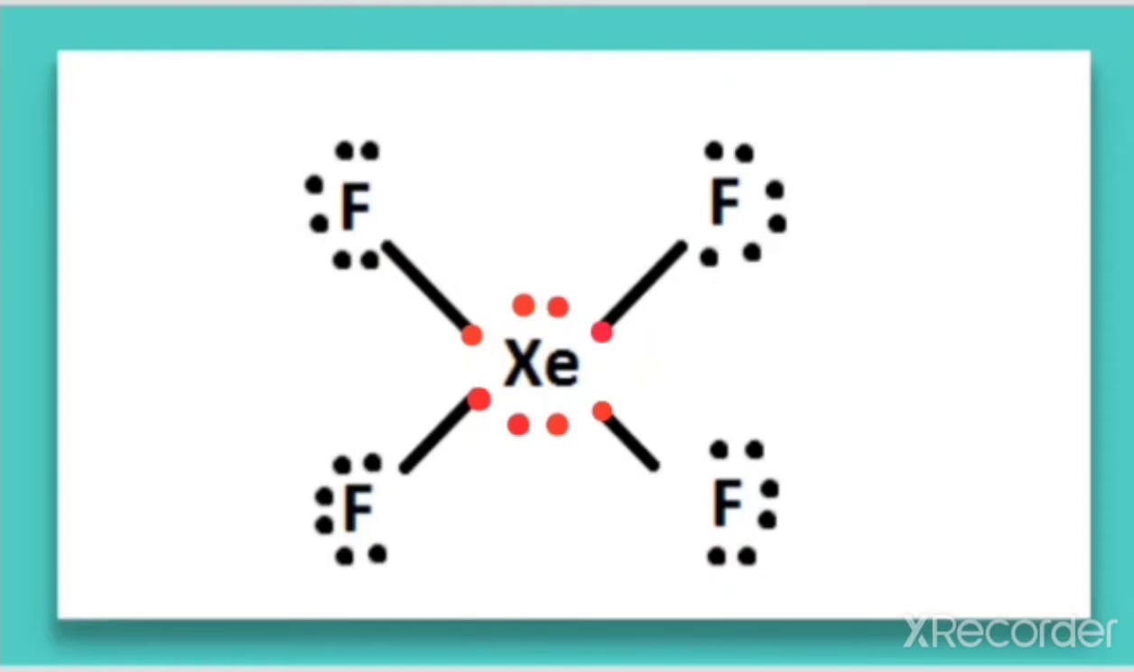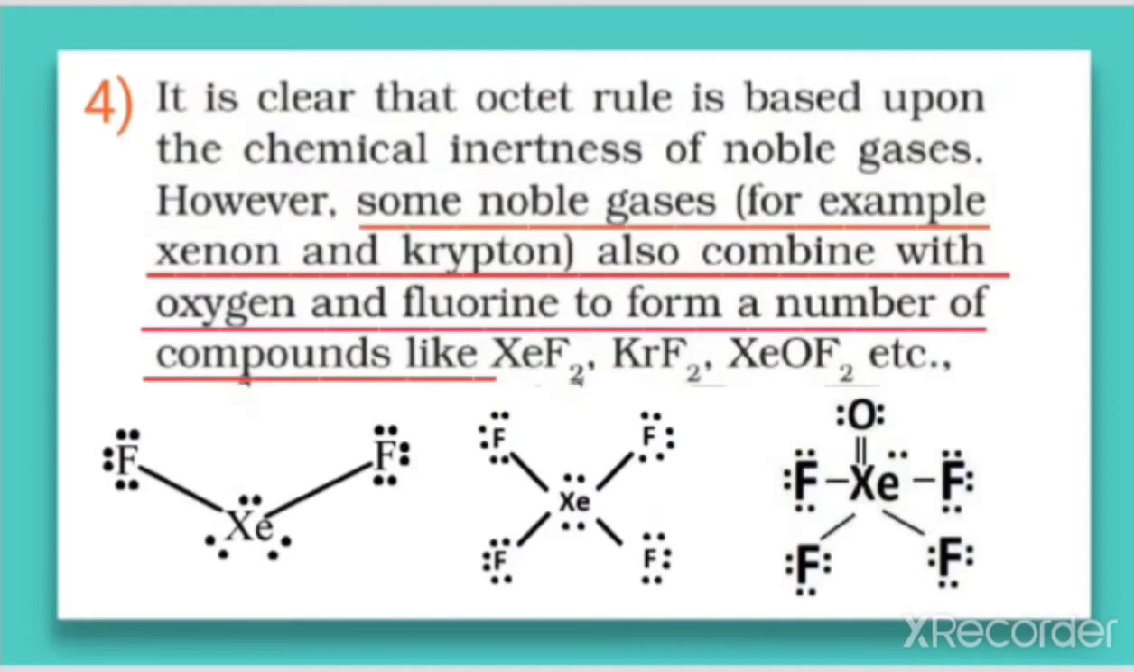they can still form compounds with highly electronegative elements like fluorine and oxygen. So this example, XeF4, is showing a limitation of the octet rule. Similarly, XeF2, XeO4. So it is clear that the octet rule is based on the chemical inertness of noble gases. However, some noble gases, for example xenon and krypton, also combine with oxygen and fluorine to form a number of compounds which is shown here. So these compounds are showing the limitation of the octet rule,